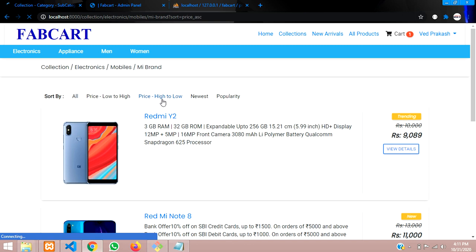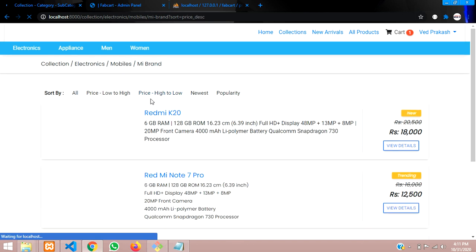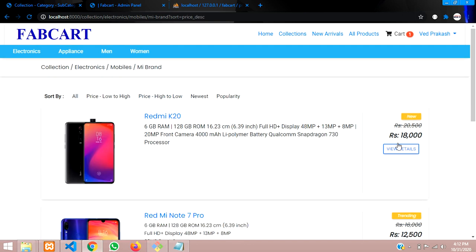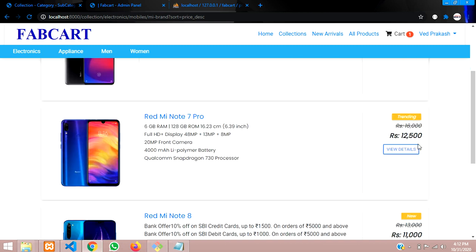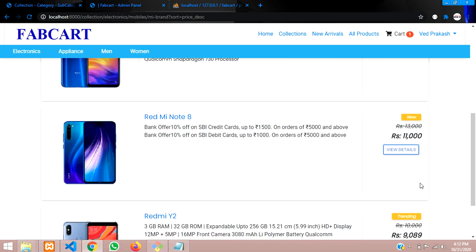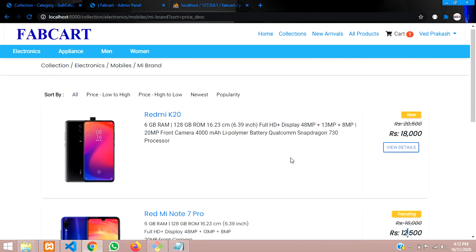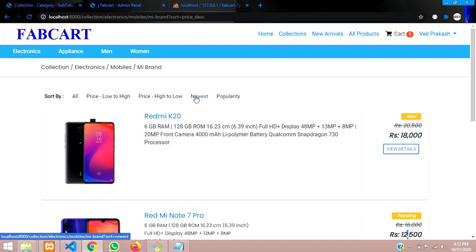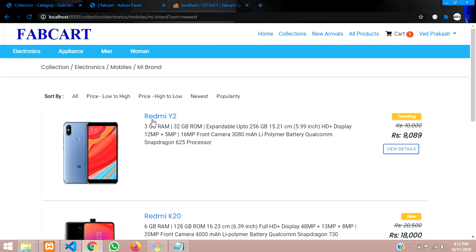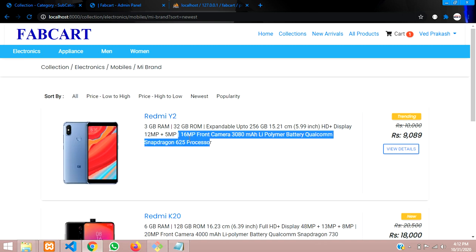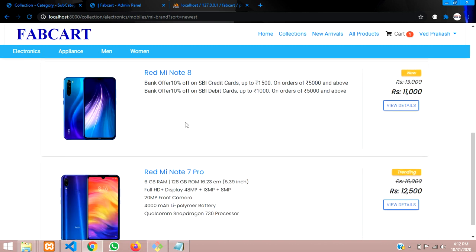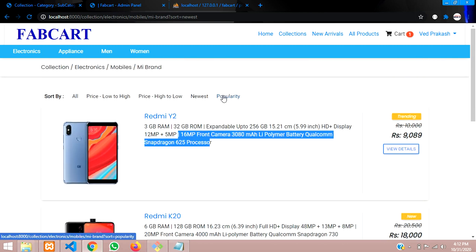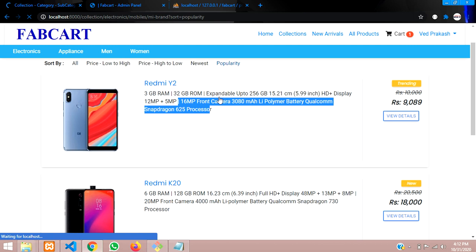And if I click pricing high to low, you can see that high to low, 18,000 is starting, and then 12,000, 11,000, 9,000. It goes on, right? And coming to the newest one, the fetched type will be the latest added phone, and it goes on, right? And coming to popularity, once you click on popularity, you see